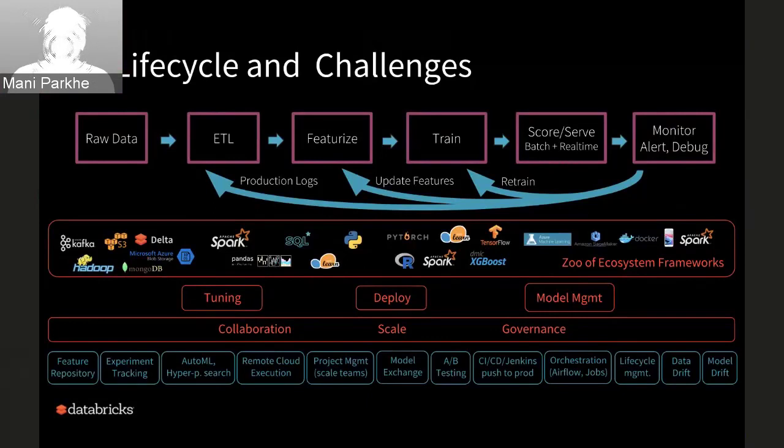For example, you may want to A/B test different styles of models, or track how these experiments are flowing through different life cycles of the user, or you may want a more automated, orchestrated way of training these models and managing the life cycle. And finally, you have to start worrying about how the models drift from their expected quality, and data drift, and so on and so forth. So this, what we have seen, is an extremely complex process. There is not a single tool out there that makes it easy to use.